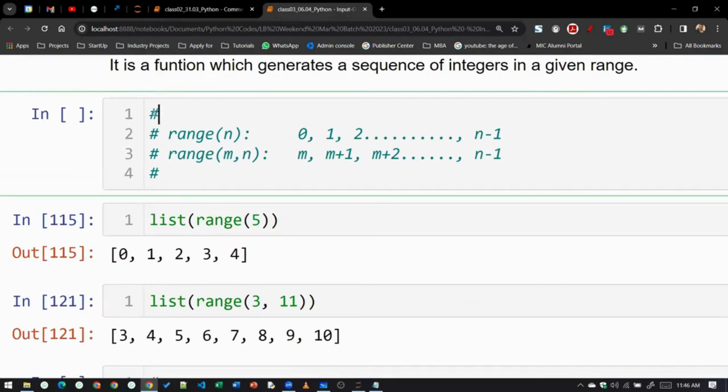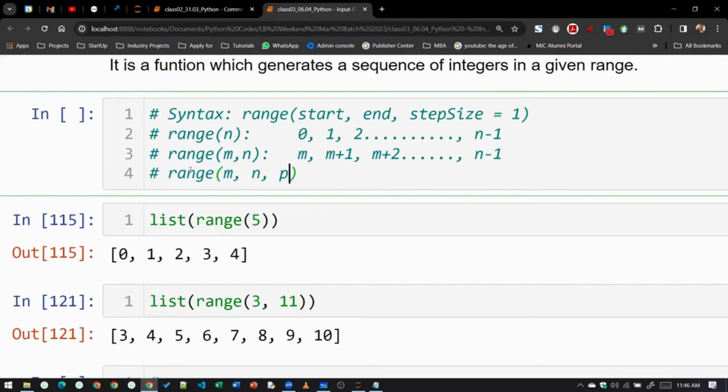Let me write it down here. The syntax of range: there is range, then we write start, then end, and then there is something called step size. The default value of step size is 1. By default, it will always increment by 1. But we can control that also. We can write range m comma n comma p. It will start from m obviously, but instead of m plus 1, it will do m plus p, then m plus 2p, and so on till n minus 1,